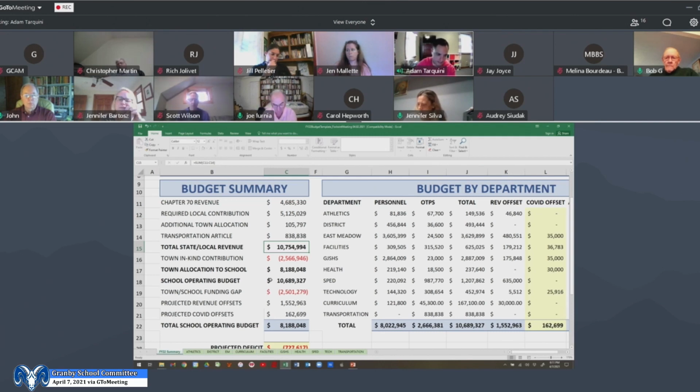Now that amount, the $292,000 that we get in FY22, we have the ability to spend through September of 2023. So we have a couple of years to spend that money. And then the last line obviously gets us back to the total school operating budget. We're trying to get our budget into the number that the town gives us.